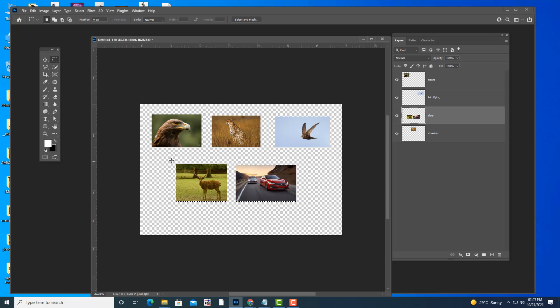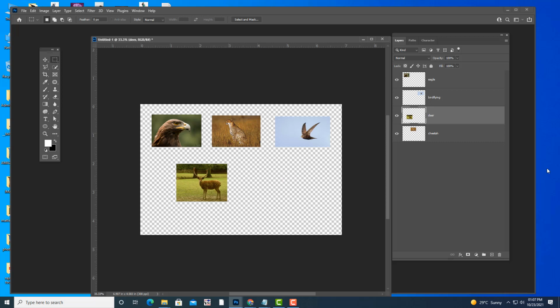So see here, I am selecting the marquee tool, I am holding Alt. Last class I told you, Alt and Shift. Alt is to subtract, Shift is to add. So I am selecting marquee tool, I am holding Alt, and I am removing selection around this deer image like this. Now only the selection is around this car. Now what will I do? I will cut. What is the command for cut? Control X.